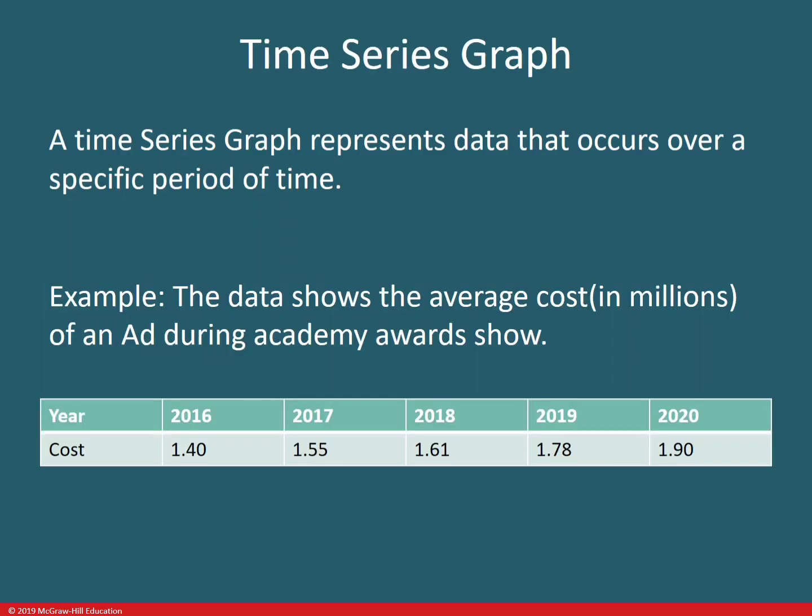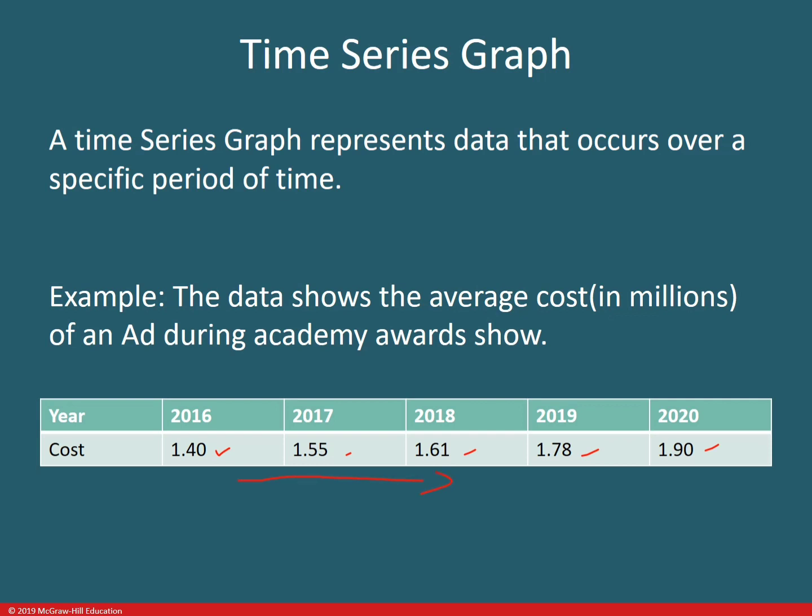A time series graph represents data that occurs over a specific period of time. So obviously, hence the name time series. The data shows the average cost in millions of an ad during Academy Award shows. So in millions, an ad cost $1.4 million in 2016, 1.55 in 2017, 1.6 in 18, and 1.78, and then 1.90. And as you can tell, it's